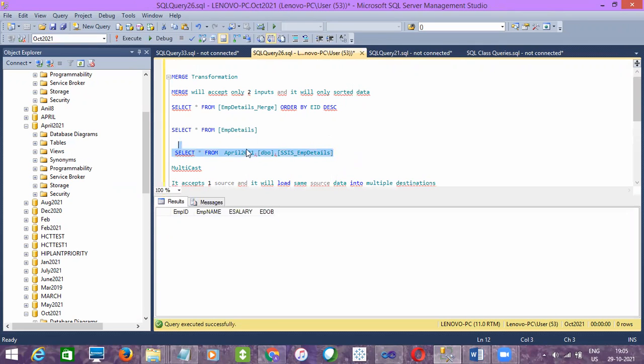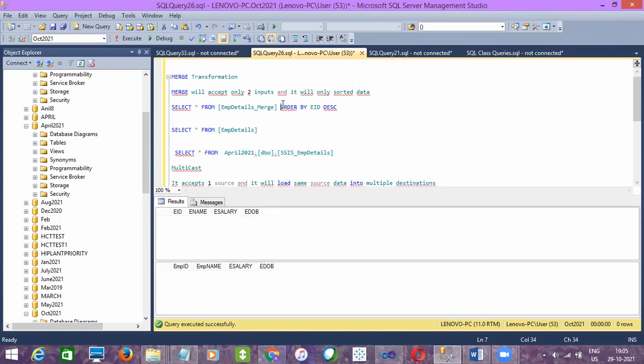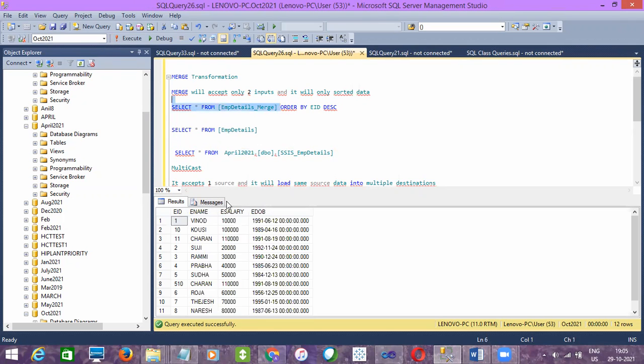You can access the April 2021 database table in the current database by giving the fully qualified name. The fully qualified name is nothing but database name dot schema name dot table name, right? So now two of my destinations are empty and my source has how many records?